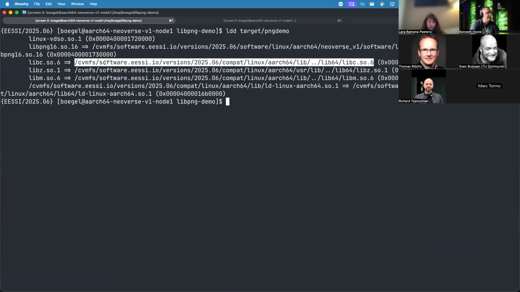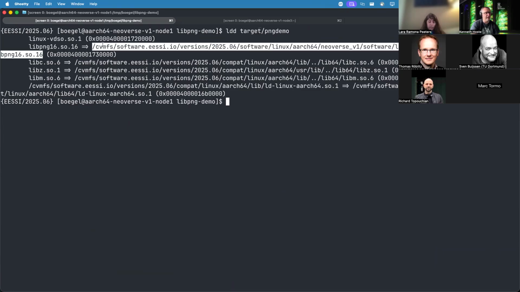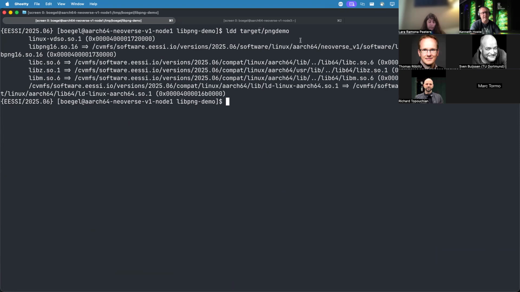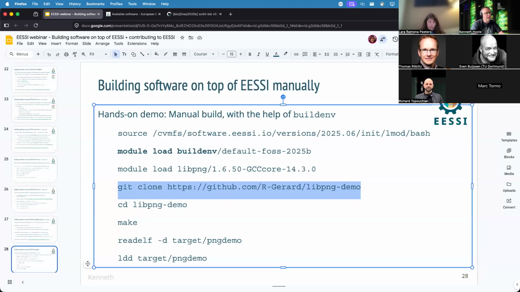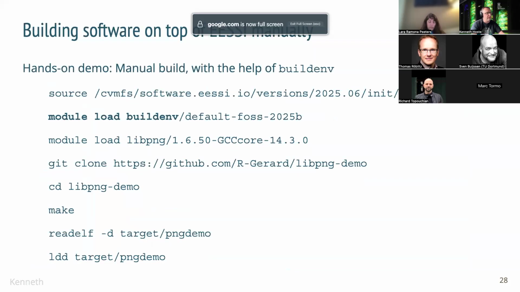So both libc and the libpng library are under control of EESSI and are not just coming from a random place on the operating system. So that shows that the build env module is also very useful even when doing manual installations